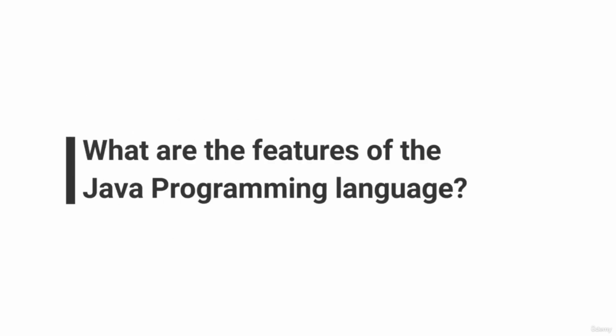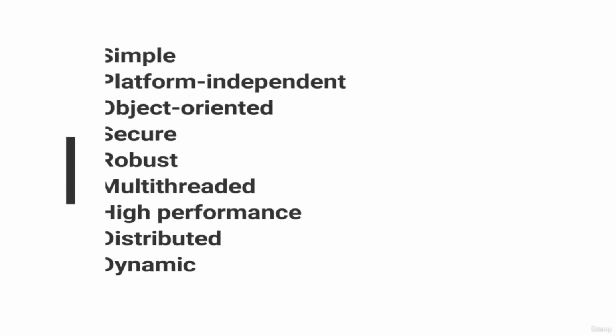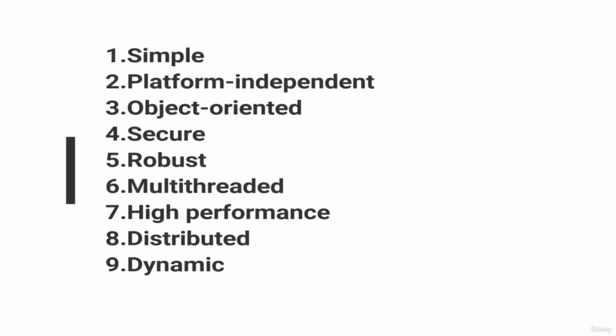What are the features of Java programming language? It is simple, platform independent, object oriented, secure, robust, multi-threaded, high performance, distributed and dynamic. Let's see what is simple. It is simple because Java is easy to learn and does not require any complex programming concepts like pointers or